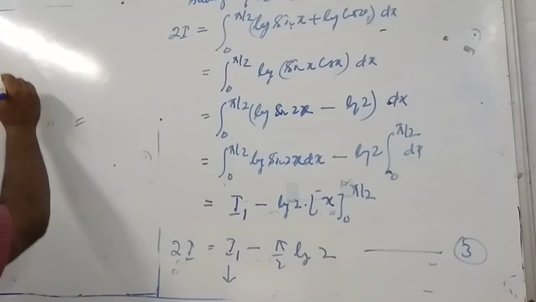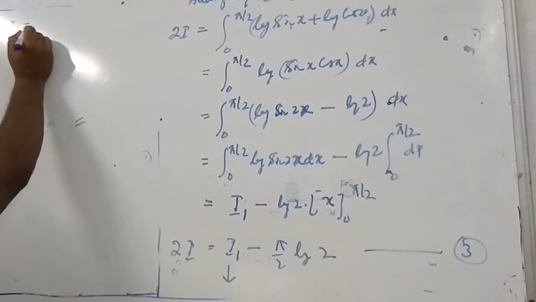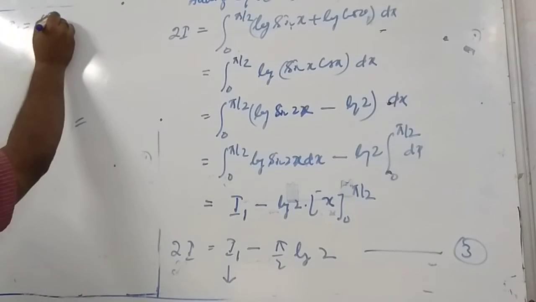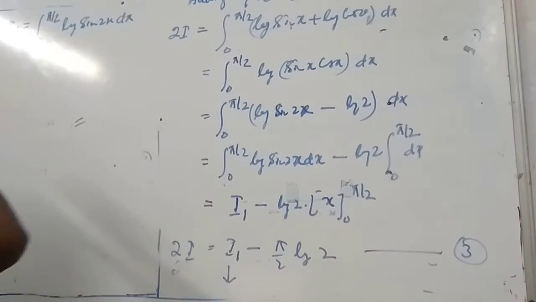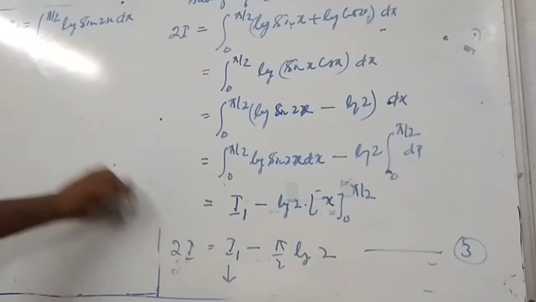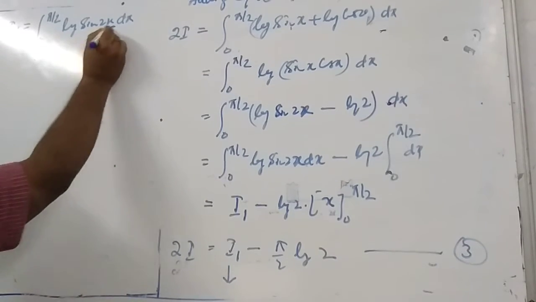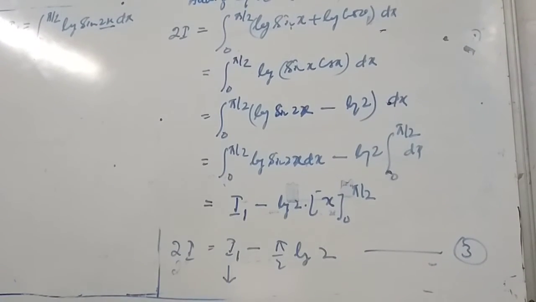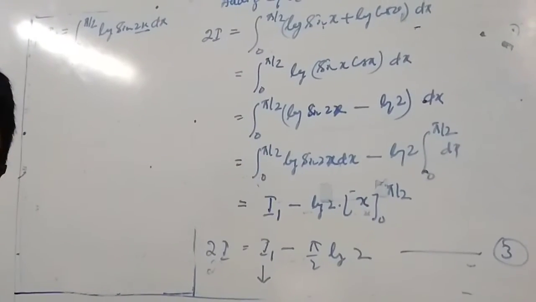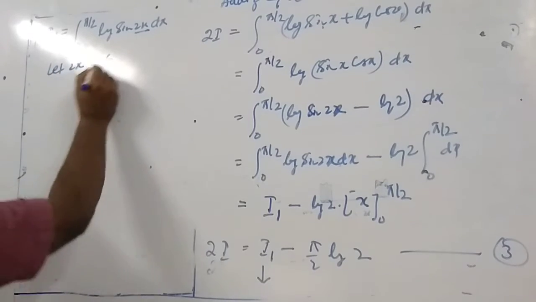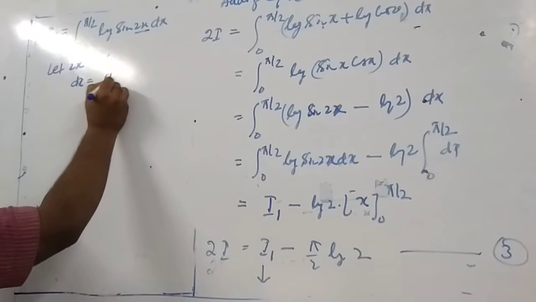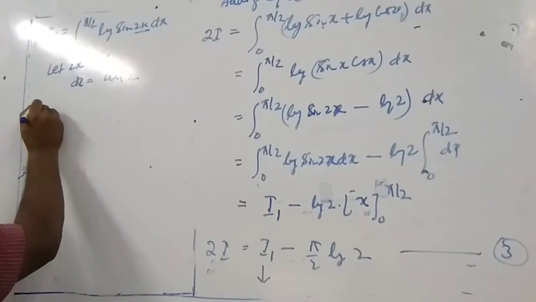Okay, so I1 is the integral from 0 to pi by 2 of log sin 2x dx. Now here we will consider this 2x as a t. Let 2x equal to t, so dx is equal to dt by 2, and for the limits,